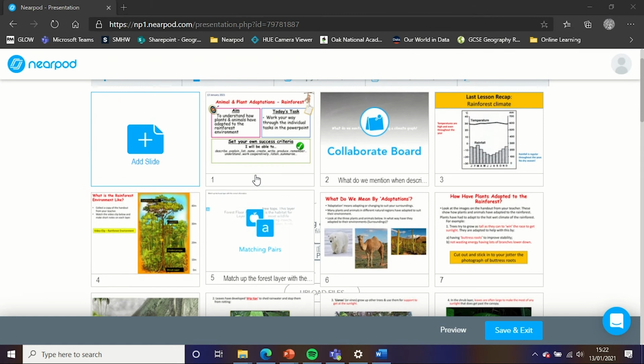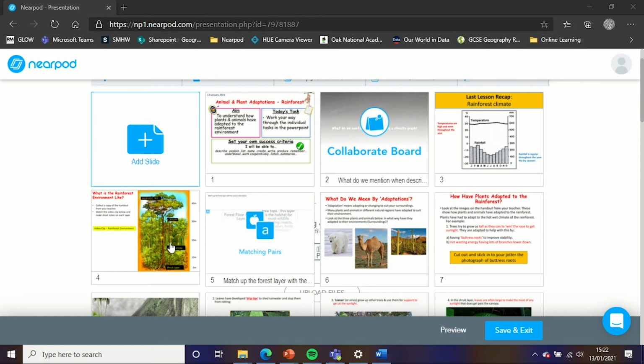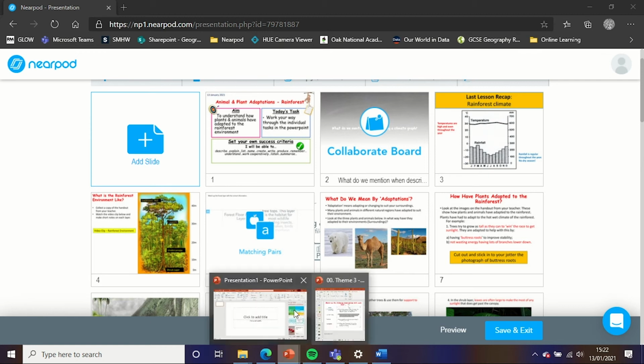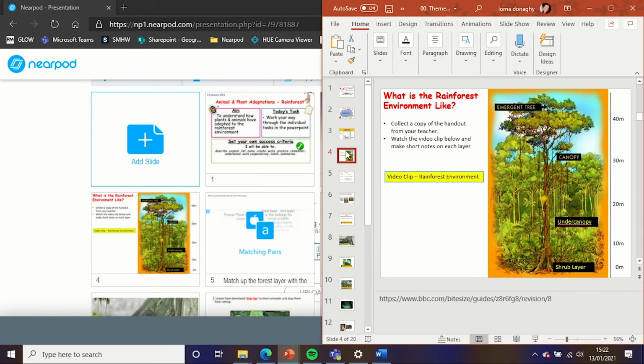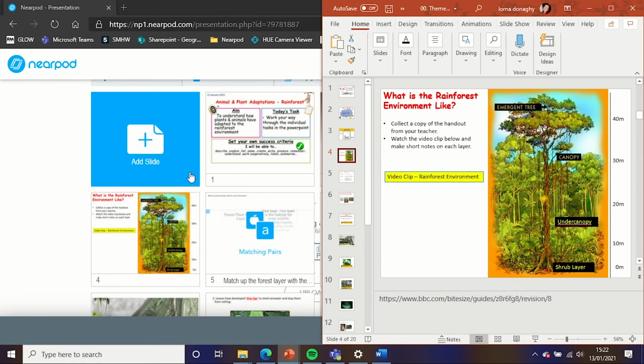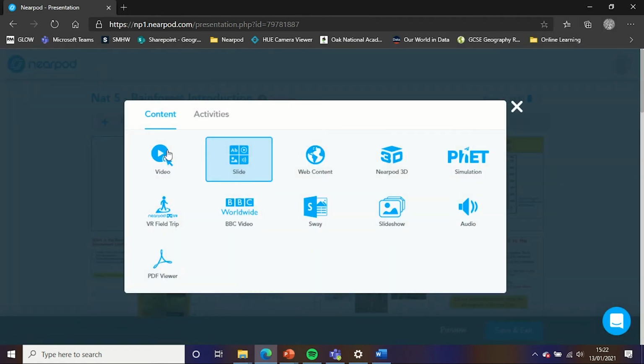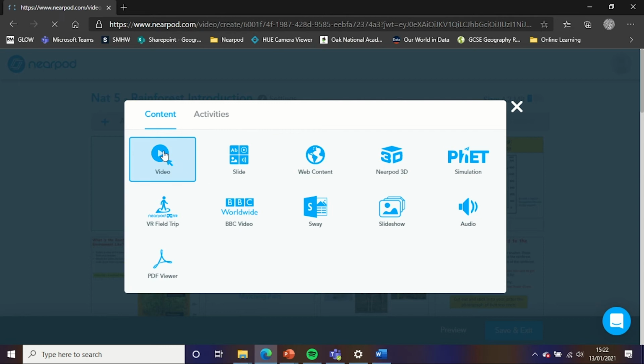Another thing that you can do is that if you've got any videos within your PowerPoints, for example that slide there I think has got a video clip, so if we look at that on here, then you've got a BBC bite-size video. I don't think that's going to work. We'd want to be maybe looking for YouTube videos, but what we can do is go into add a video,